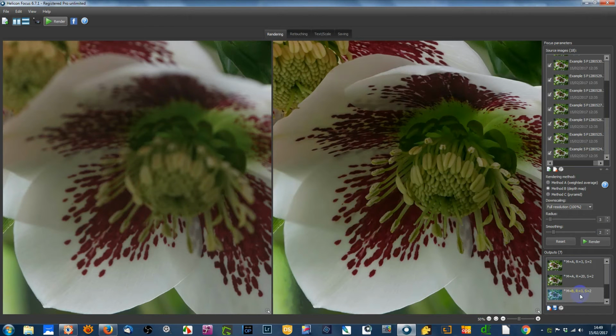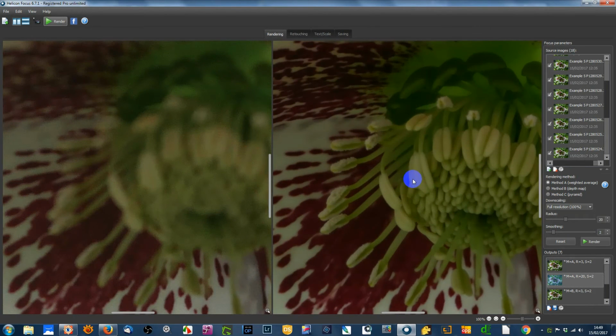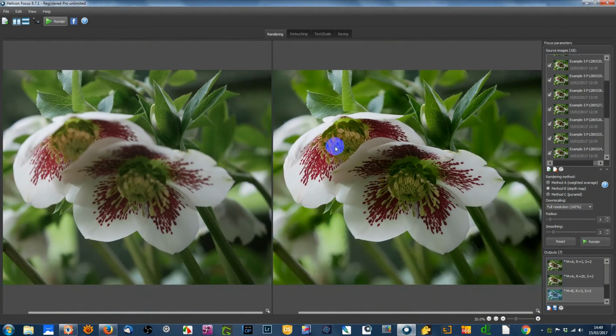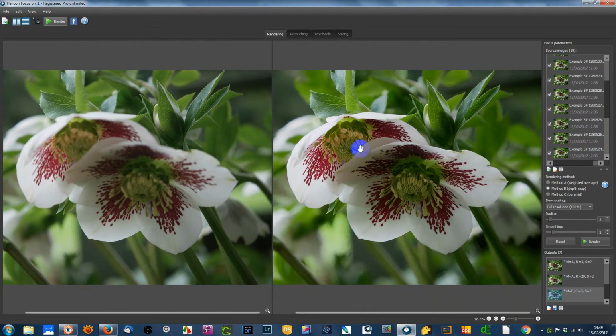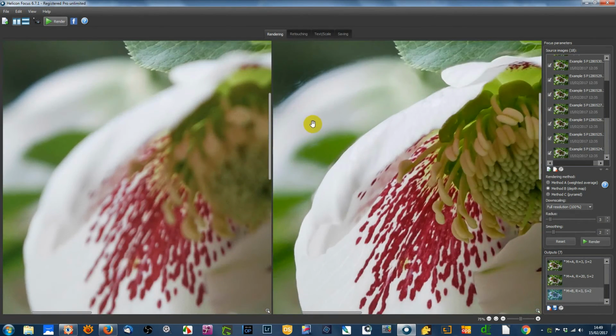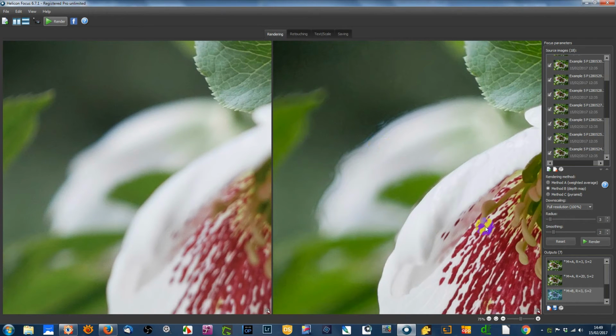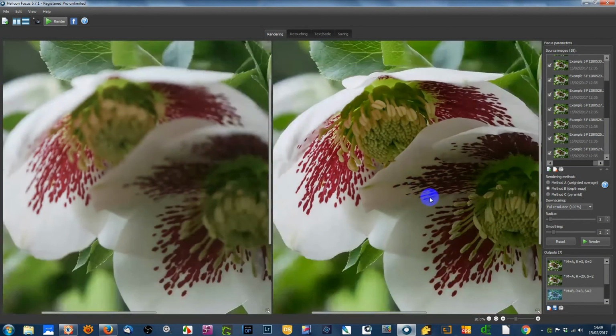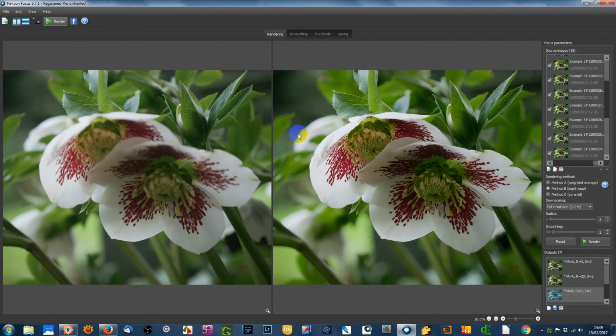And so we're looking at the method B one that I've just done, and I'm going to go to the method A. Now let's make this a bit bigger and have a look at this area here, these three things here. I'm going to go back to method B, and you see there's a lot more detail in there. Back to method A. So you might think, okay, well, we'll use method B instead, except that if we look over here, it's got a really nasty halo over there. So we've got it, the flower is sharper, but the background doesn't look good,